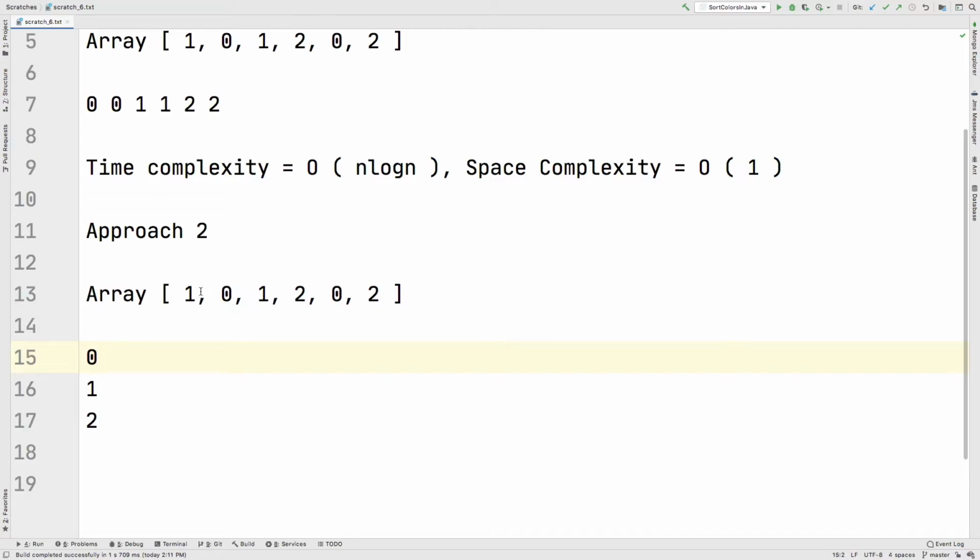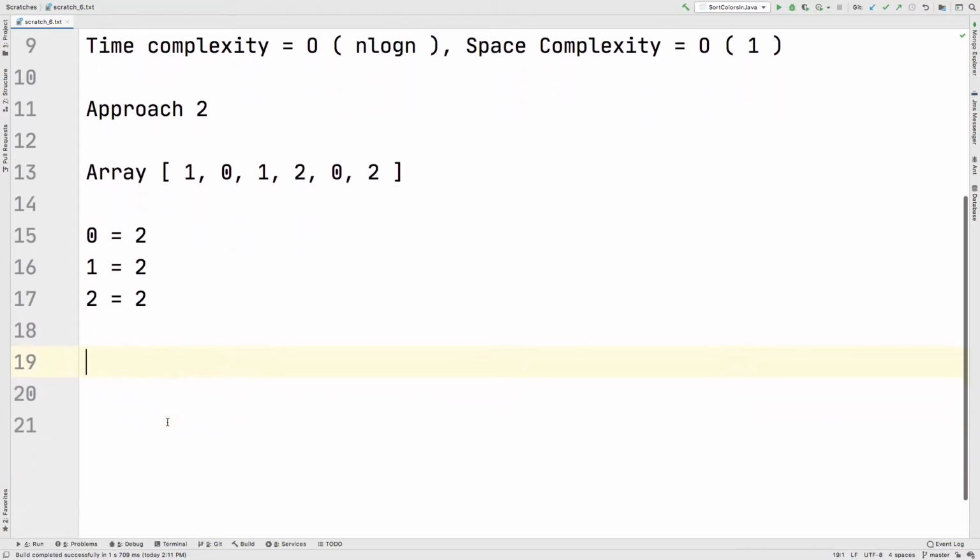In this way, after traversing this array, we know that we have 2 zeros, 2 ones and 2 twos, right? So we can finally have our count for this, which says that this is 2, this also is 2, and this is again 2. So now we know the number of counts, right, for 0, 1s and 2 in the first iteration. That means in one pass we have this data. Now next what we can do is, by using this data, we can iterate this array again for the second time, and we can simply start putting elements starting from 0 to 2.